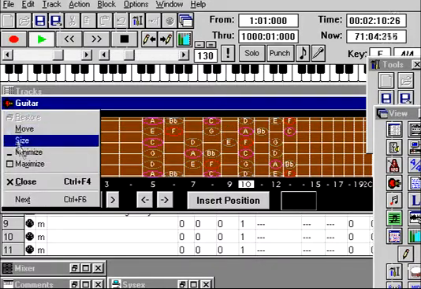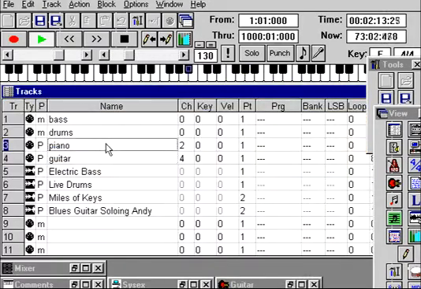So that's sounding pretty good. You can also see the piano part right here. And what I'm going to do now is I'm going to mute. I like this keyboard patch, but I'm going to see what it would sound like with a slightly different keyboard sound. We can do this because we have a MIDI part. So we can do this very easily just by muting this part, which I do by double-clicking in the part